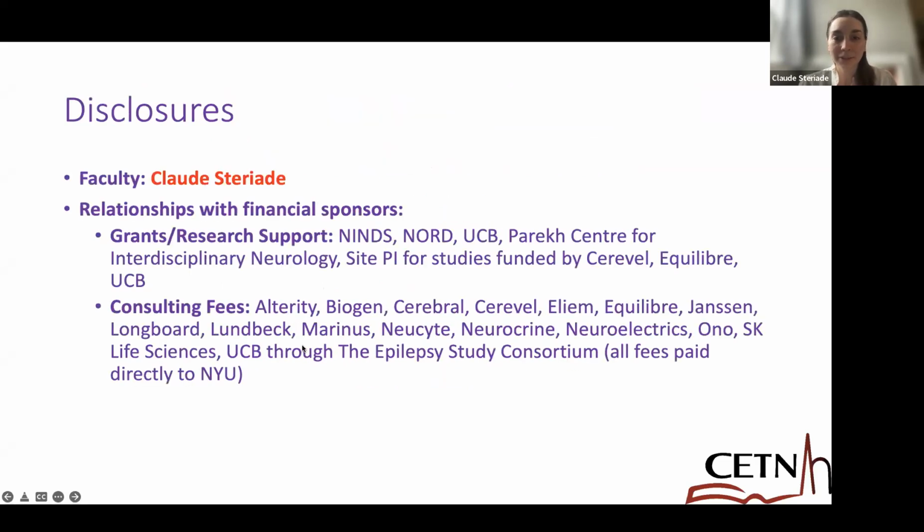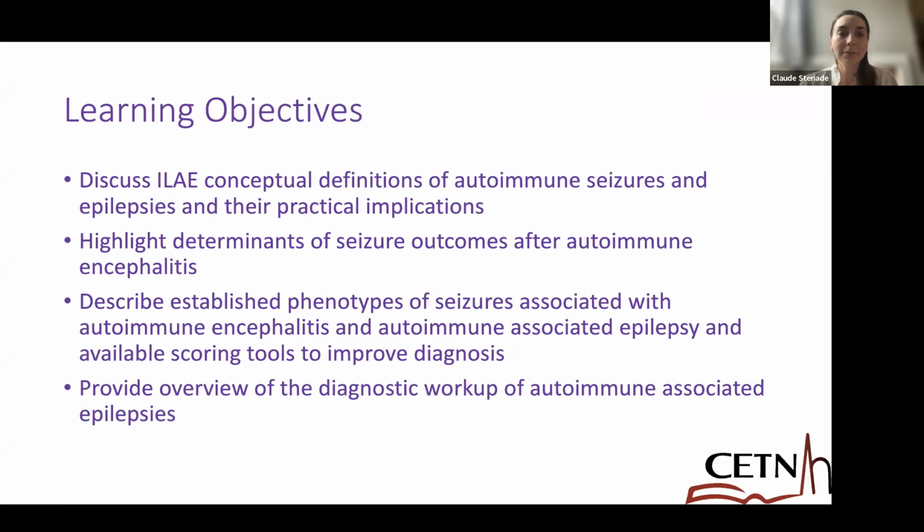These are my disclosures. None of them are directly relevant to what I'll discuss today. My objectives for today are to remind you of the recently published ILAE conceptual definitions of autoimmune seizures and epilepsies, to frame our discussion of the practical implications of seeing these patients in our clinic